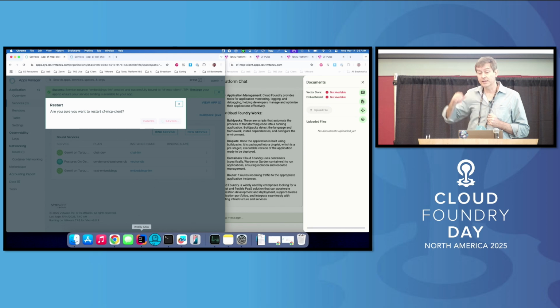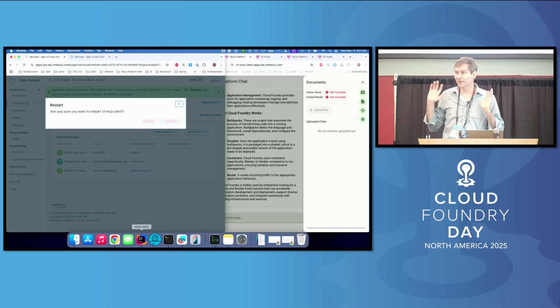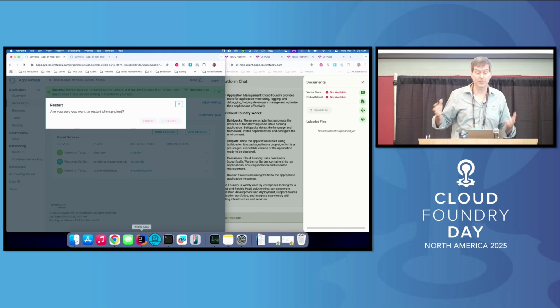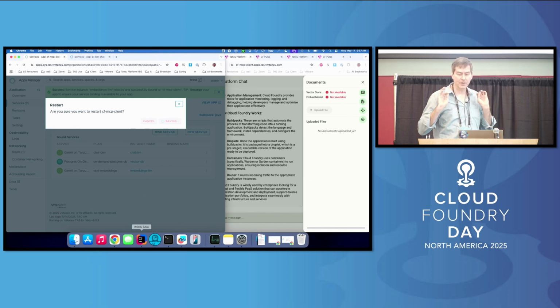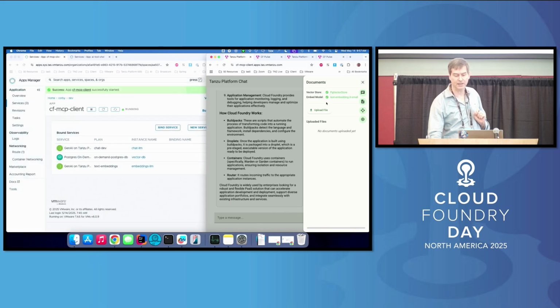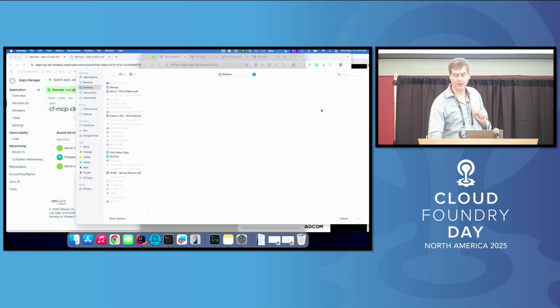So once again, we have a situation where there's a lot of infrastructure needed in order to run this scenario. But because the platform operator has set this up in a self-service model, and Cloud Foundry is very conducive to providing safe access to these resources, as a developer, in just a couple of minutes, I'm able to get things up and running, and I'm going to have all the tooling here to run it. So now you can see my application is connected to the vector store and the embedding model.